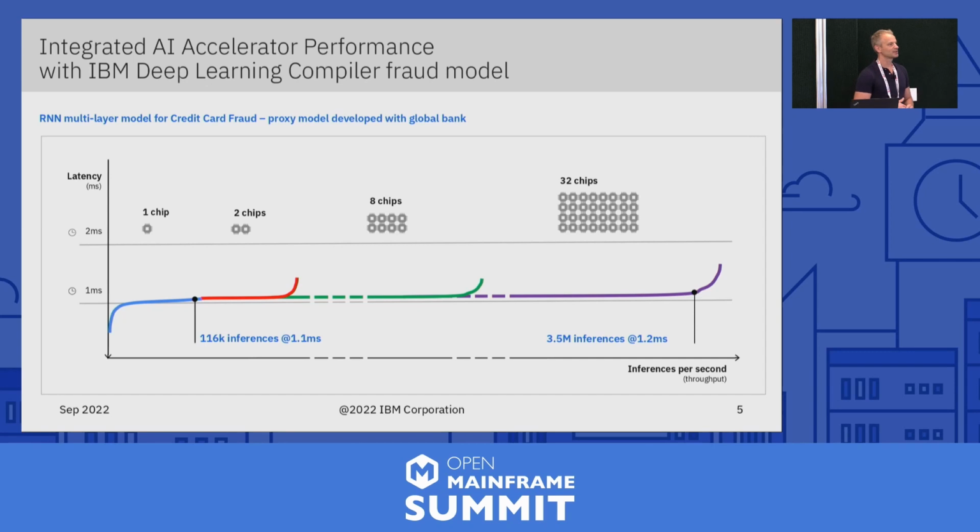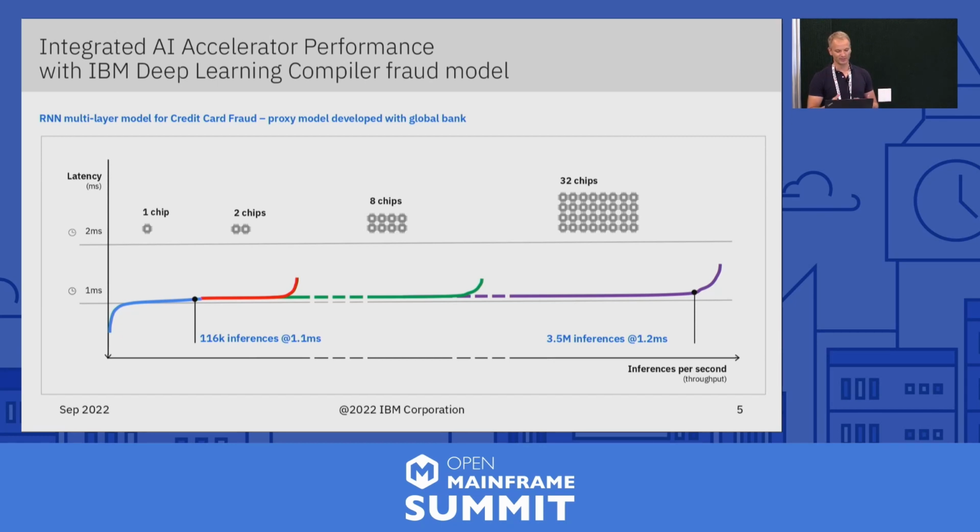This is one of the benchmarks we have published at Hot Chips, for example. And that shows the performance of a credit card fraud model. IBM Research has developed that model together with a global bank. And what that chart shows is on the x-axis, the inferences executed per second, so that's basically the throughput on a log scale. On the y-axis, you have the worst case latency of one of the inference jobs. And as you can see, with the blue line,